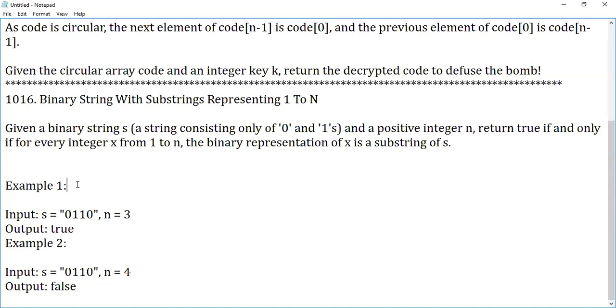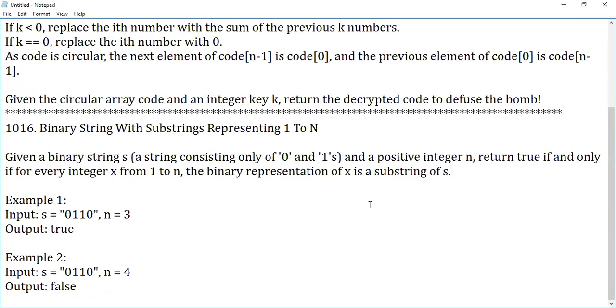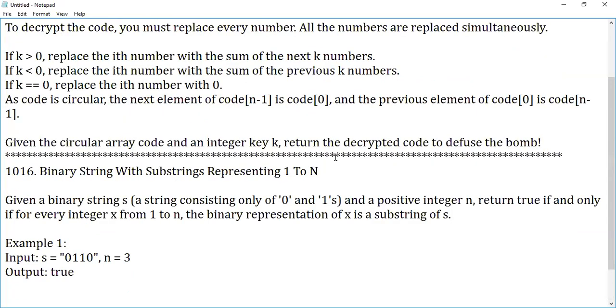Just go through the question, guys. Meanwhile, let me do the alignment and I'll be back. Okay, fine. We can read this question. Listen here.